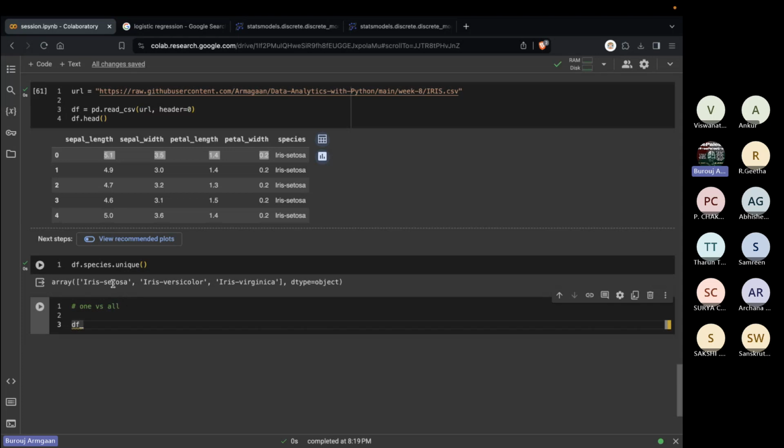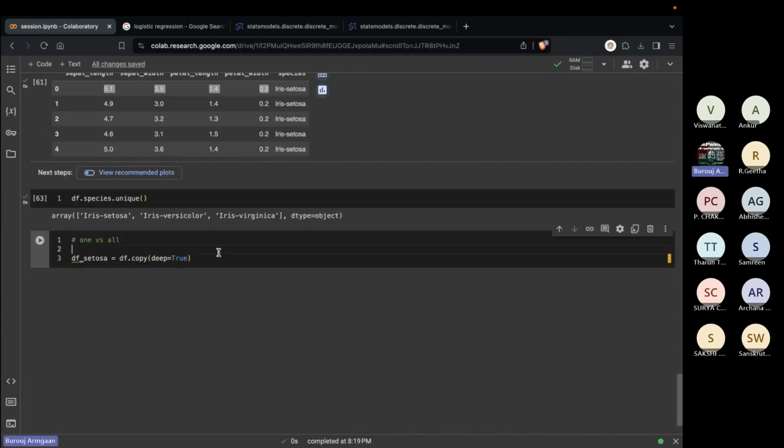Let's say we'll do it for Setosa and not Setosa. So I'll say df_setosa is equal to df.copy(deep=True). I'm creating a copy of the full data frame. Within the copy, I'm saying do one thing: in the species column,